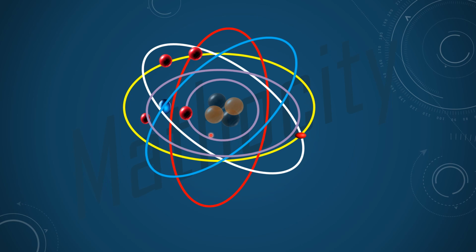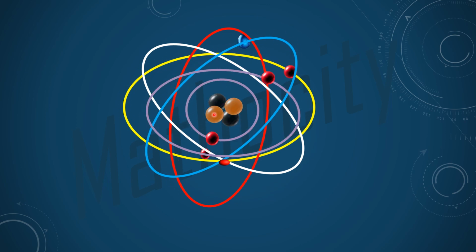Once again, observe this animation clearly, children. How the electrons are moving with high speeds, in different directions. They are oriented in different directions. They are moving in the regions, in the spaces around the nucleus, three dimensionally. This concept was introduced by Erwin Schrödinger. So this model is known as the quantum mechanical model of atom.